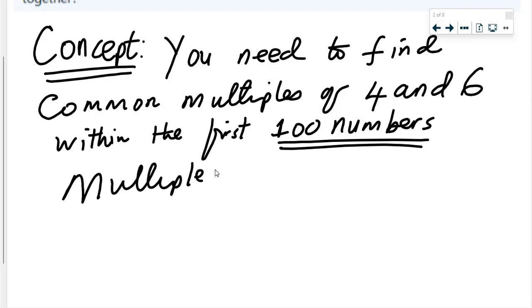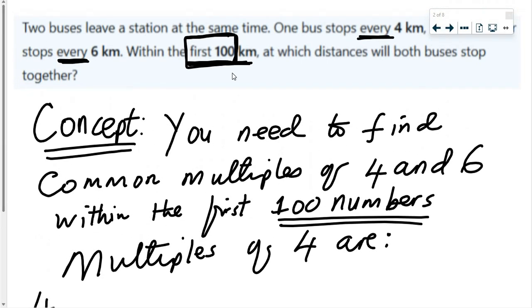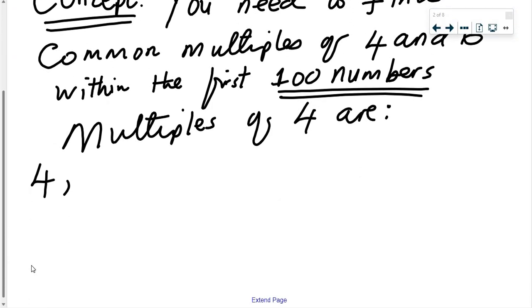Multiples of 4 are, you start with the number itself, which is 4, and then keep adding 4, until you hit 100, if 100 is part of the multiples, otherwise it should be less than 100. So keep adding 4, 4 plus 4, 8,